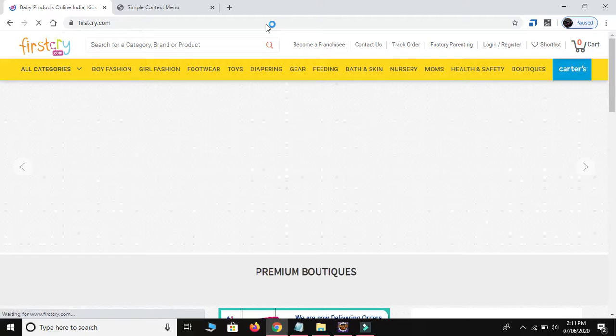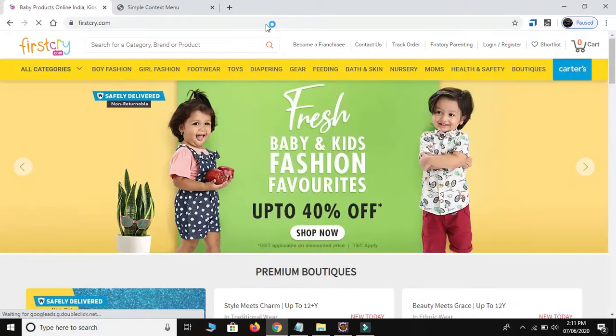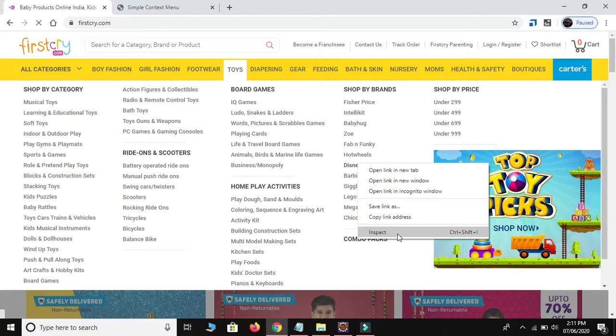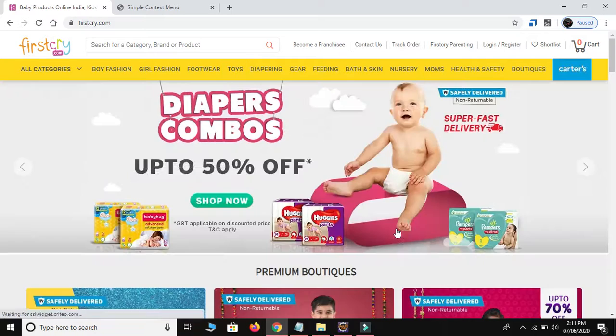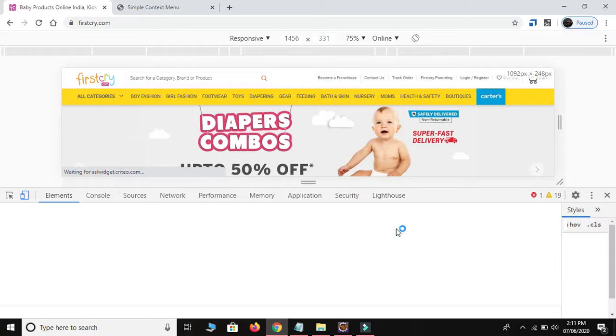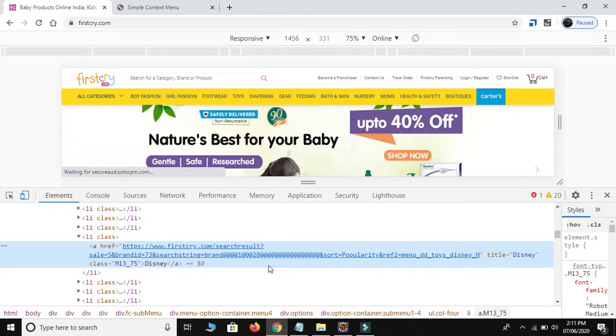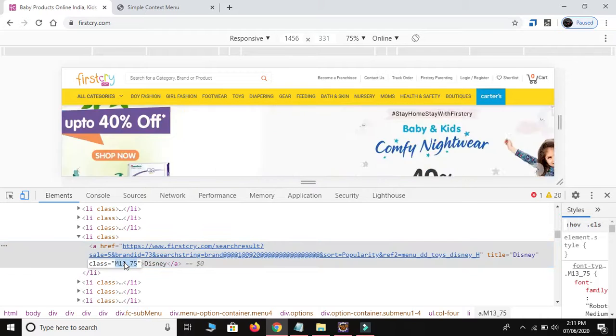I just want to check the tag name and any other properties. So just Disney, inspect. I'm just hoping I got, yeah, this is the one, so I will use this class also. @class is equal to this one.